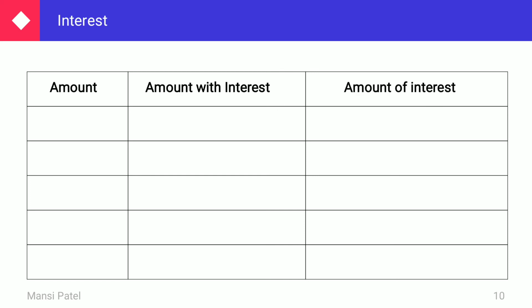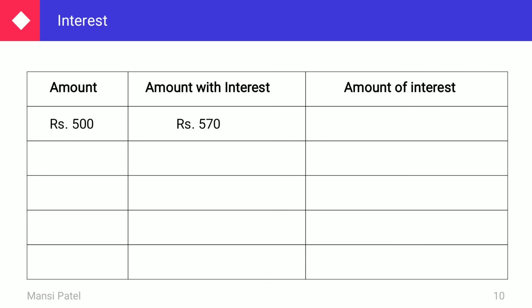Now, if you want to find out the amount of interest, how do you get it? Let us see. If you are borrowing rupees 500 and when you return that money, you are returning rupees 570. Means you are giving some extra amount at the time of return. So how much do you pay extra? That we have to find out with the help of the amount of interest.